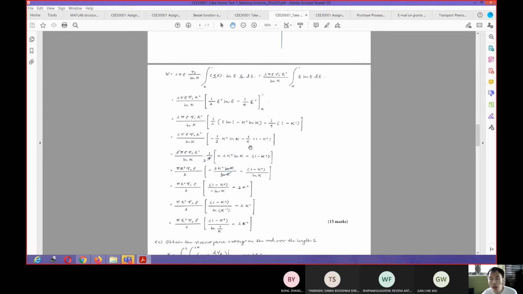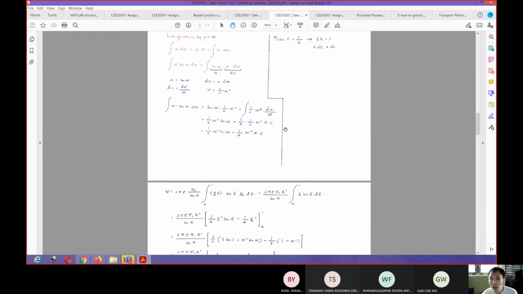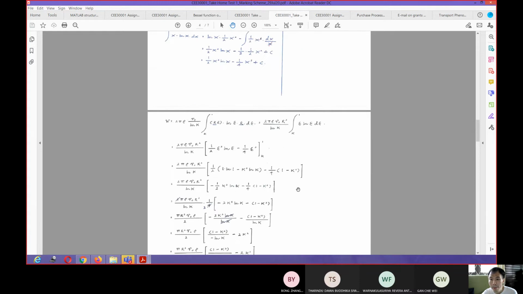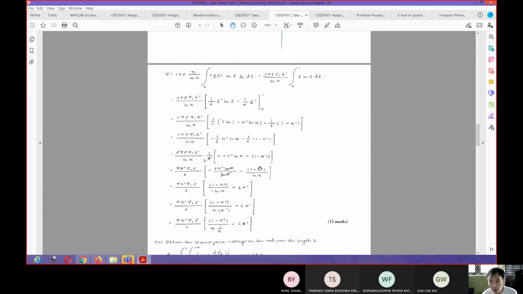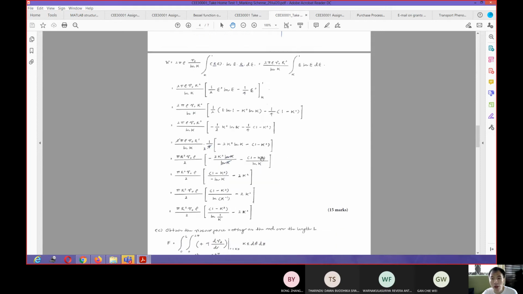In fact, a few, like 3 or 4 people, got quite high marks on this one. Once you get everything correctly in here, then you need to know that x becomes e here, because we are not dealing with the x, but we are dealing with these e variables. Then if you get the correct answer, you will get this one.